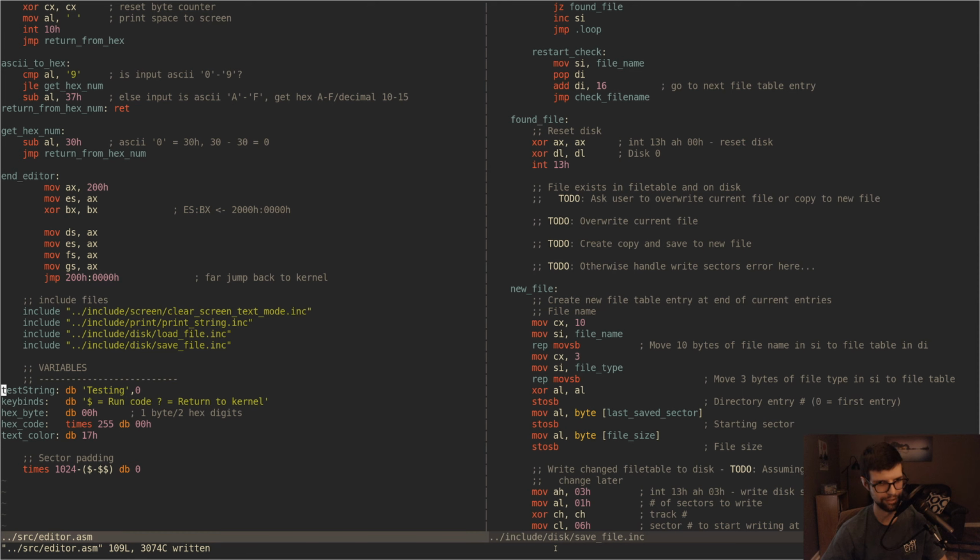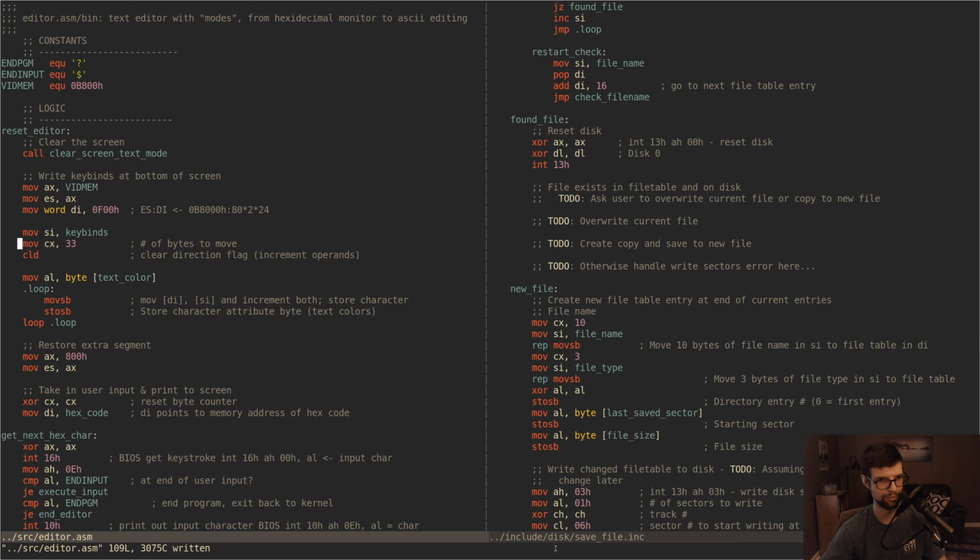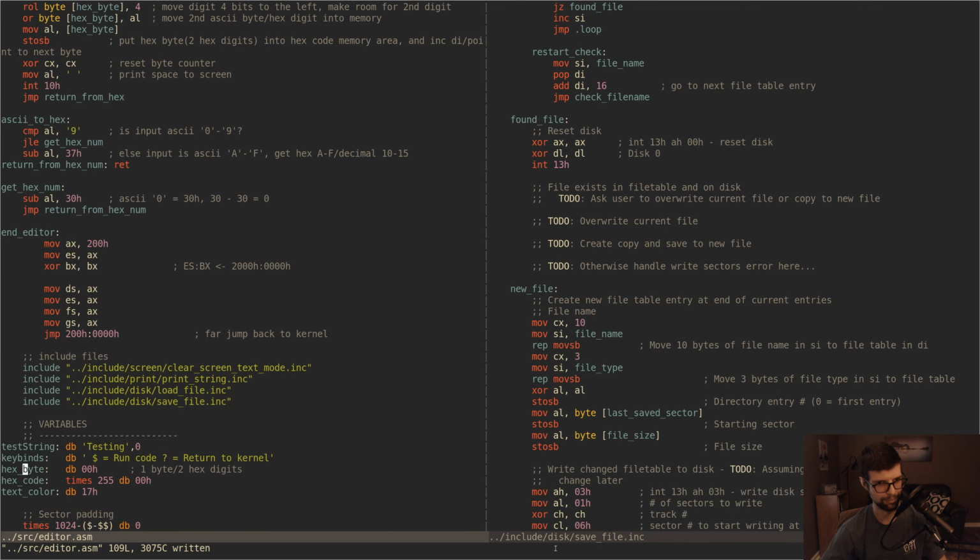Isn't that a lot easier to look at? Let's also put a space in front to be a little bit better. So this will be 34. I don't like this being a magic number, as they call it. I might make length variables, length of keybind string, and then I can move that into CX there, but we'll do this for now. I want to make another string. I should call this keybind string, maybe. I know it's a big, long word, but